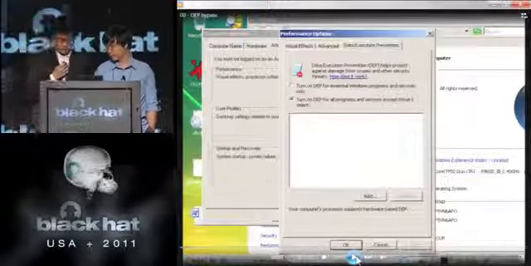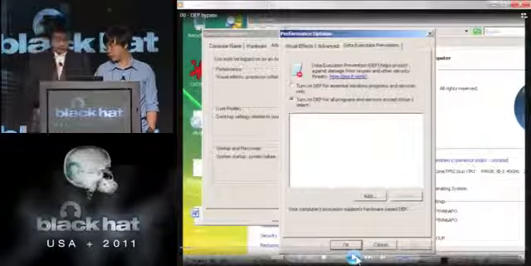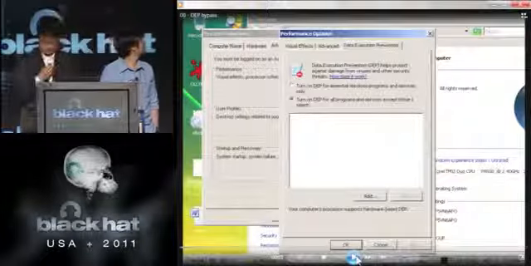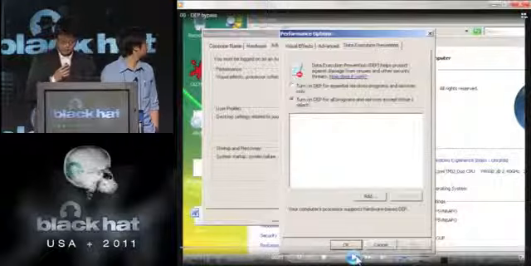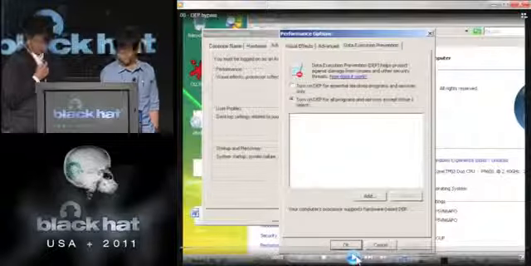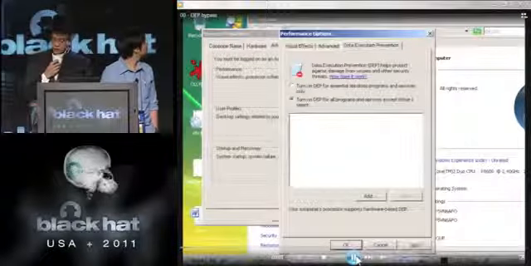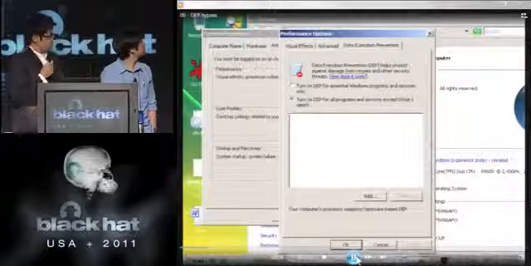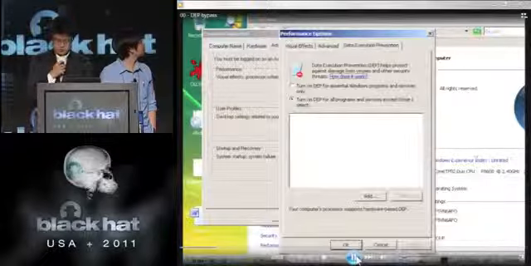We are going to demonstrate how we use Office to disable DEP. First, we configure DEP to turn on for all programs and services.